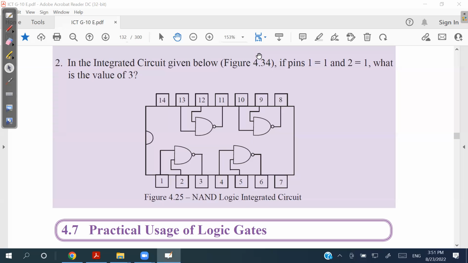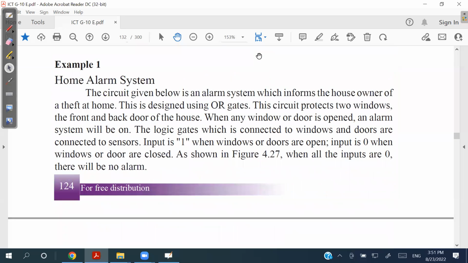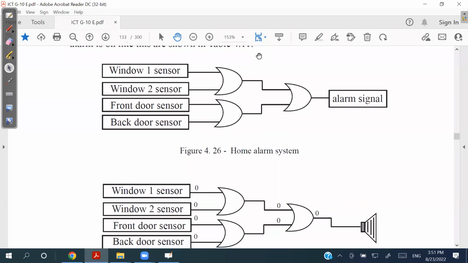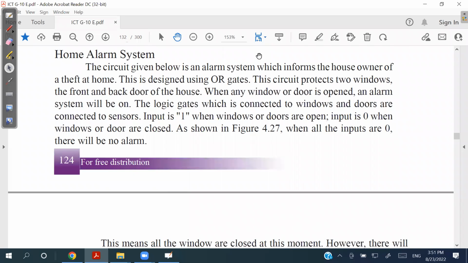Right, then this is what we call practical usage of logic gates. Now, the example that they were using in the book, we will go through the example, but it's a little bit confusing the way they have implemented it, right? So anyway, I'll go through that, and I'll show you some other example as well to make things much better, right? So like